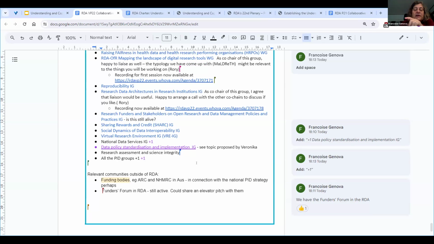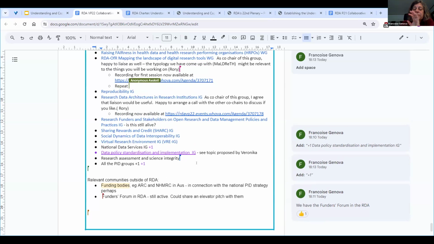Yes, Francoise? Comment on what we said previously. You have a web page for the group, so if people are logged in with their RDA credential, they are able to join the group. It's just a comment which can be useful for the participants. Yes, and we actually have that on our slides. That's great. And in fact, we would like to ask people to join the group if they're interested in this topic, and also to, by all means, spread the word. And if there are other people you know who might be interested in this topic, please let them know, and they're welcome to join as well.